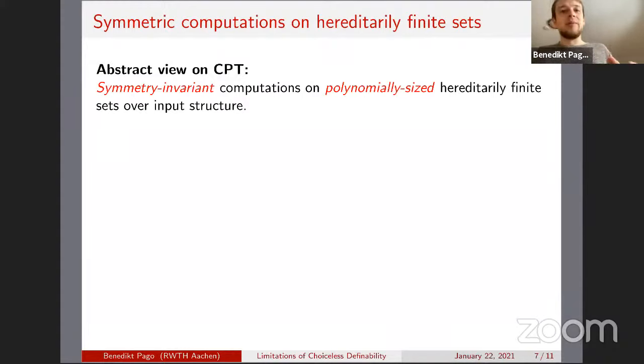And these are very basic conditions because the symmetry invariance simply follows from the fact that CPT is a logic, and every logic has to be symmetry invariant. And of course, this polynomial size bound on these sets is also unavoidable because the evaluation of CPT programs should be possible in p-time. So of course, there must be a polynomial size bound on the sets that a CPT